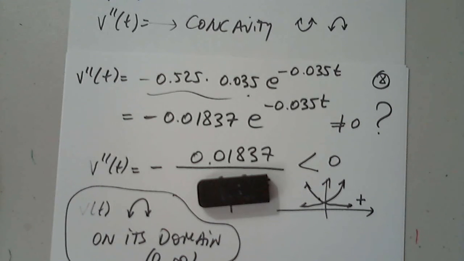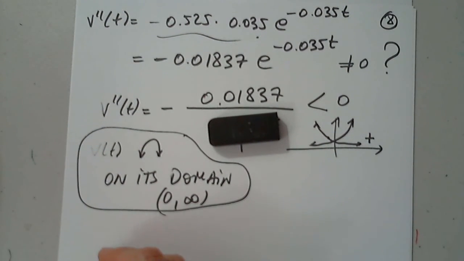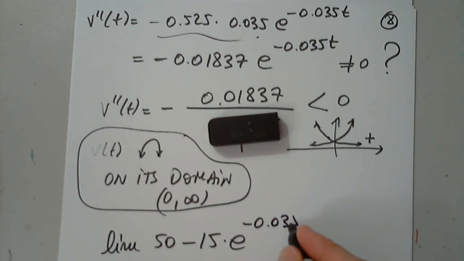Now, any asymptotes, and explain their significance. So we have to determine limits. This function is always defined. However, we have to determine the limit at infinity, not at negative infinity, because we're talking about weeks. So in order to find any asymptotes, this function is defined everywhere. It will not have vertical asymptotes, but I have to determine whether it has horizontal asymptotes. So that part is also easy. So I have the limit of 50 minus 15 e to negative 0.035t